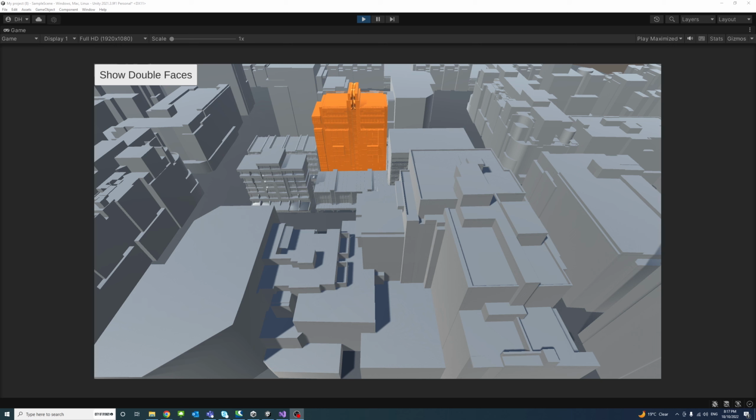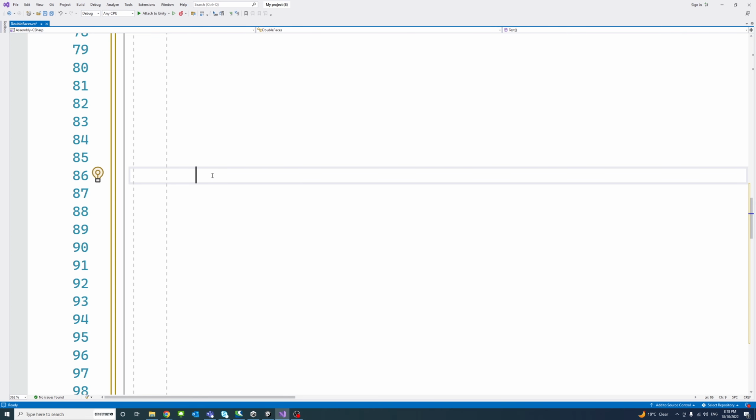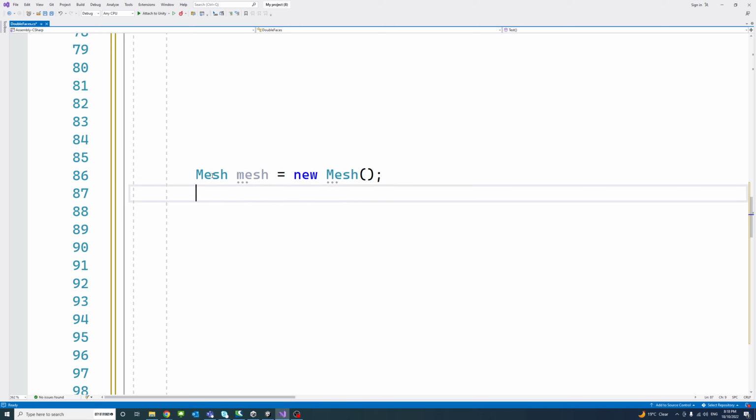So increasing the rendering index format to 32-bit would support meshes with up to 4 billion vertices. This can be done in C# code after creating the mesh, like so. Let's say we have a mesh, we call it mesh equals new Mesh. And after creating the mesh, we can call mesh.indexFormat